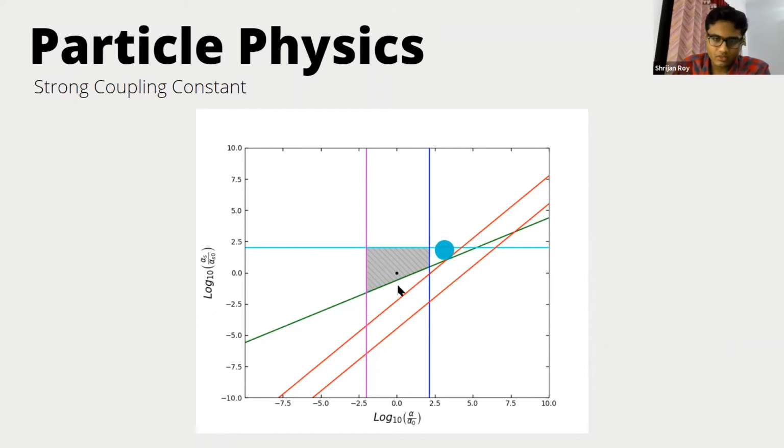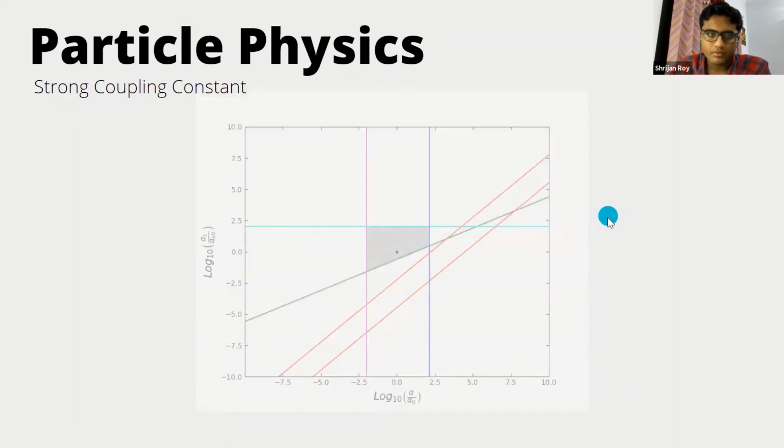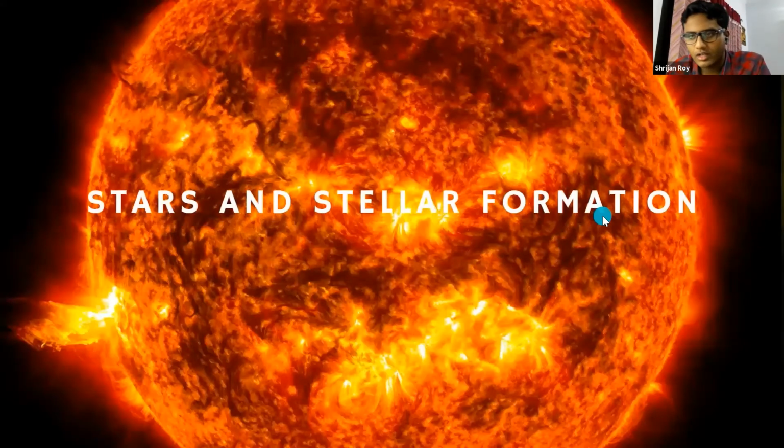So we see this shaded region we have is the viable existence space, and this small dot in the center is us here in this universe. So we may see that the strong force actually doesn't allow much freedom as compared to the nuclear stability section in the beta-alpha plane. So this plane is fairly small. So yeah, thank you. I would like to give the presentation now to Arjit to continue with stars and stellar formation.